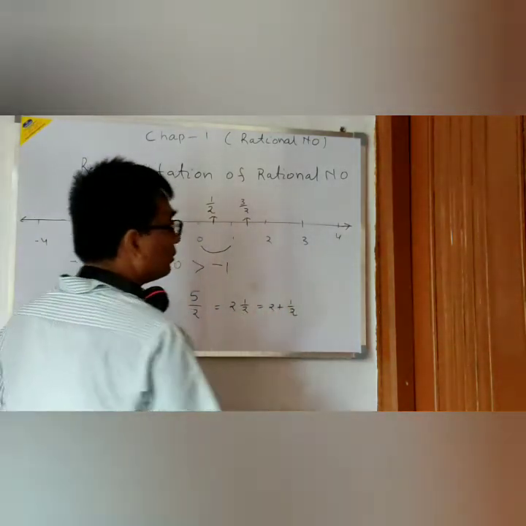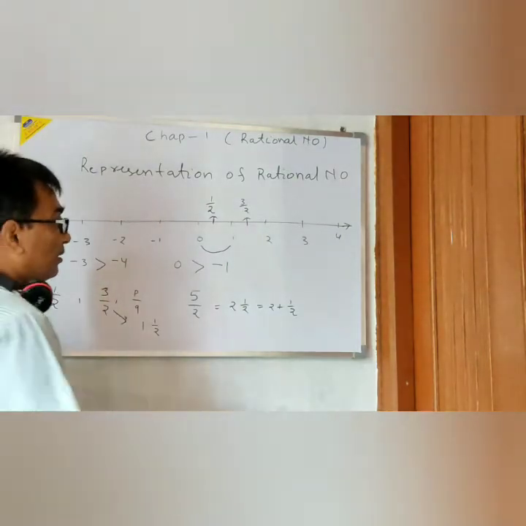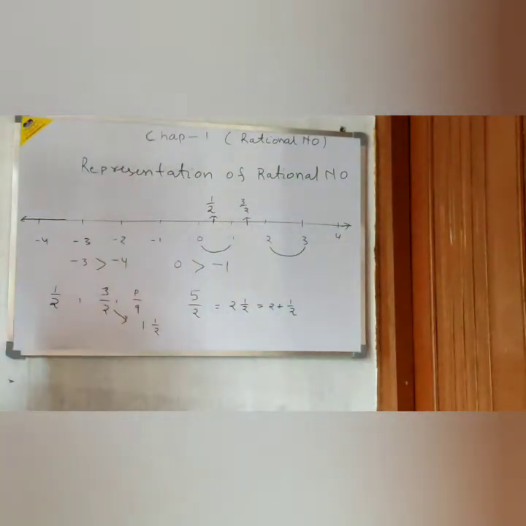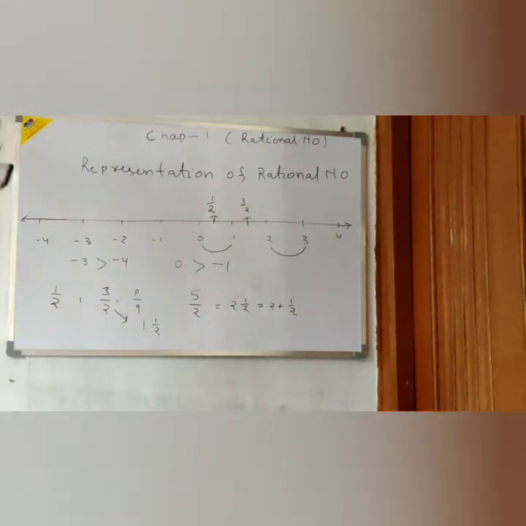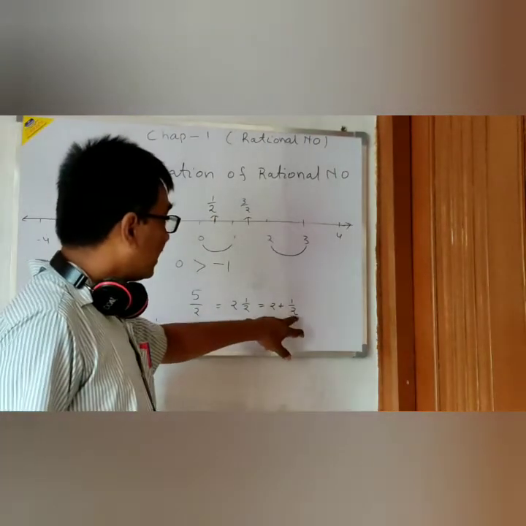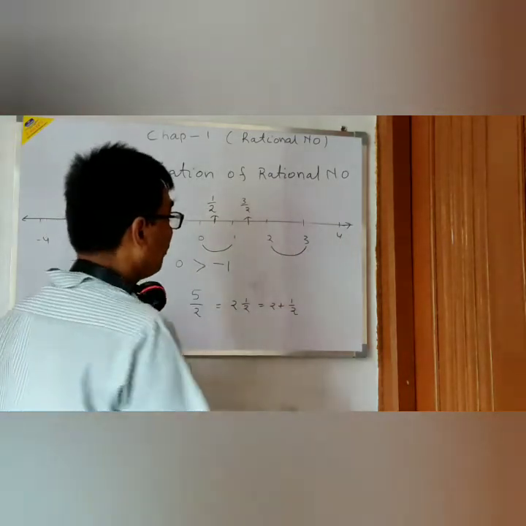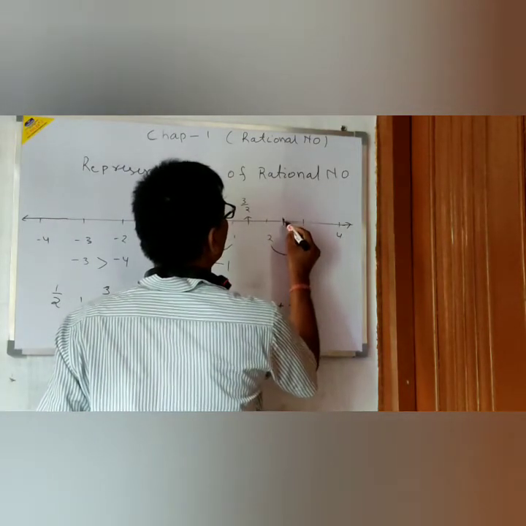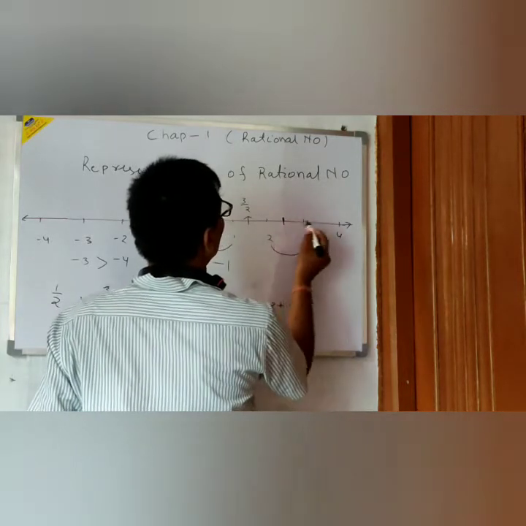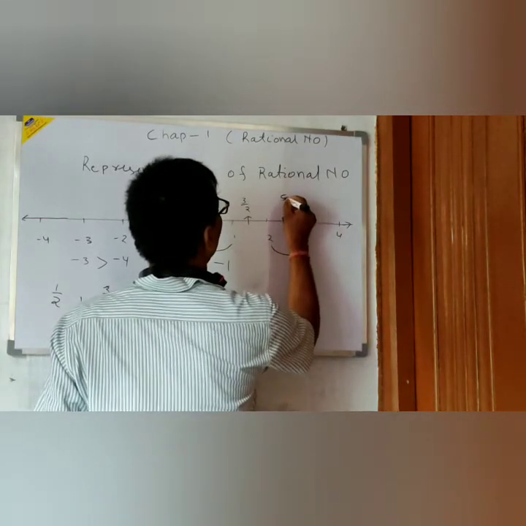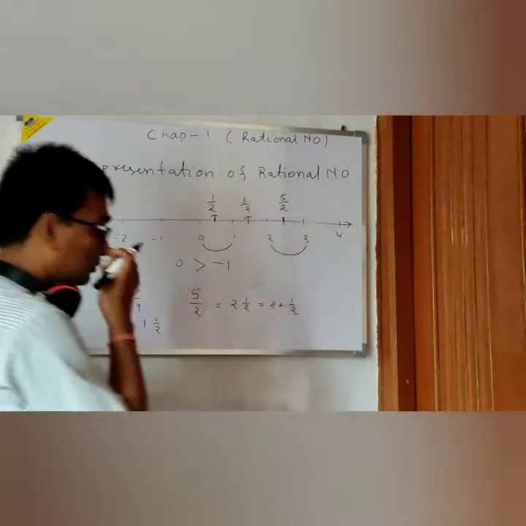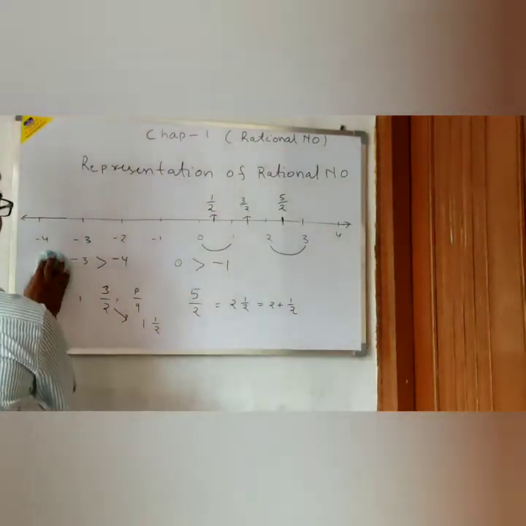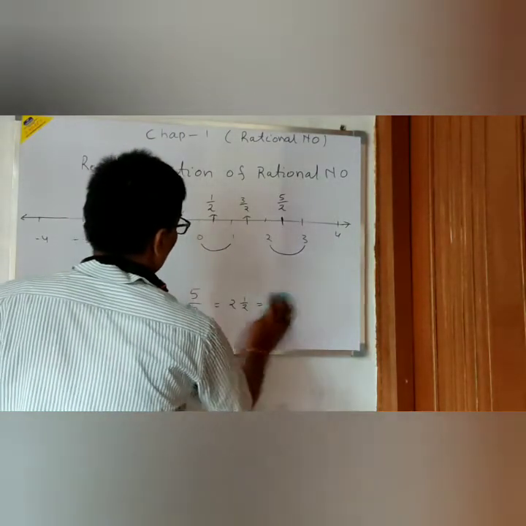So if we want to represent it on the number line, then first we go to 2 and 3. Between these numbers it is located. Where is its place? Means half. So take a point between 2 and 3. You see that it is exactly between 2 and 3, and this is 5 by 2. In the same way, you can represent other numbers on this number line.